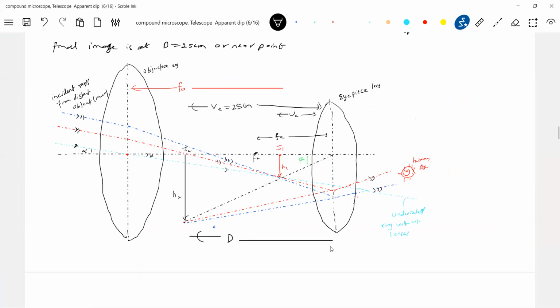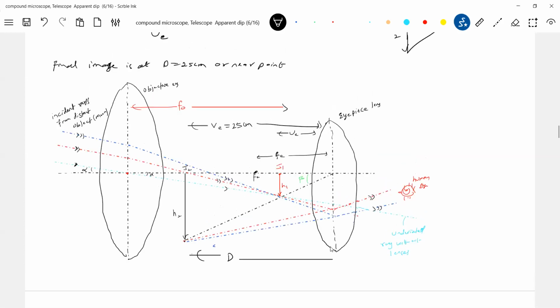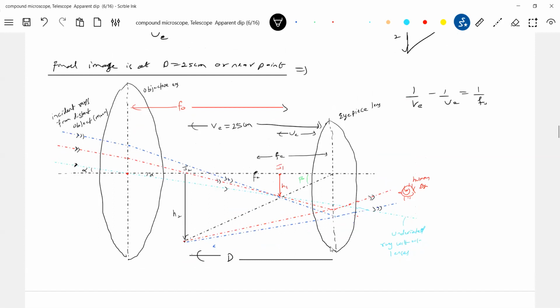Both are same. So what you want to say is, as I'm seeing it not comfortably. So when can you see comfortably? When the rays enter parallelly into the eye. So how to calculate that, you know that UE has to be eliminated, no? So let's go for the formula. 1 by VE, 1 by FE. So this is minus D, 1 by D plus 1 by FE.